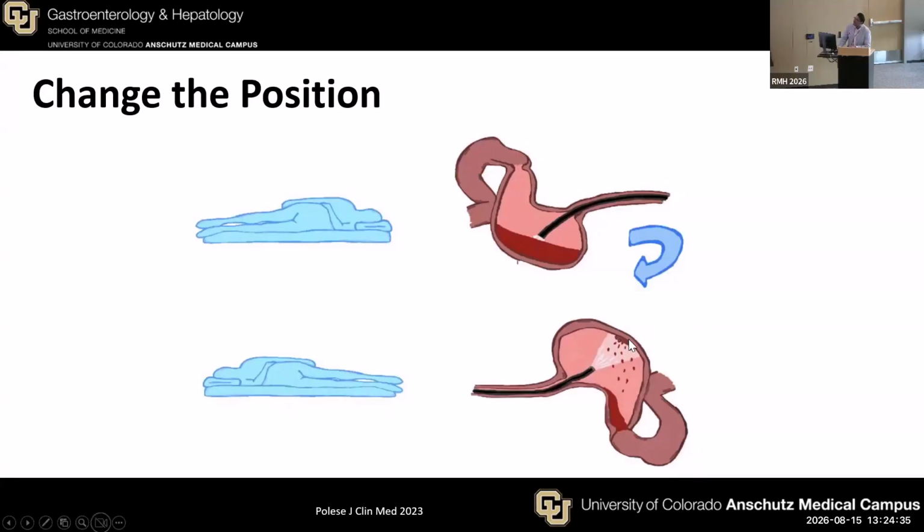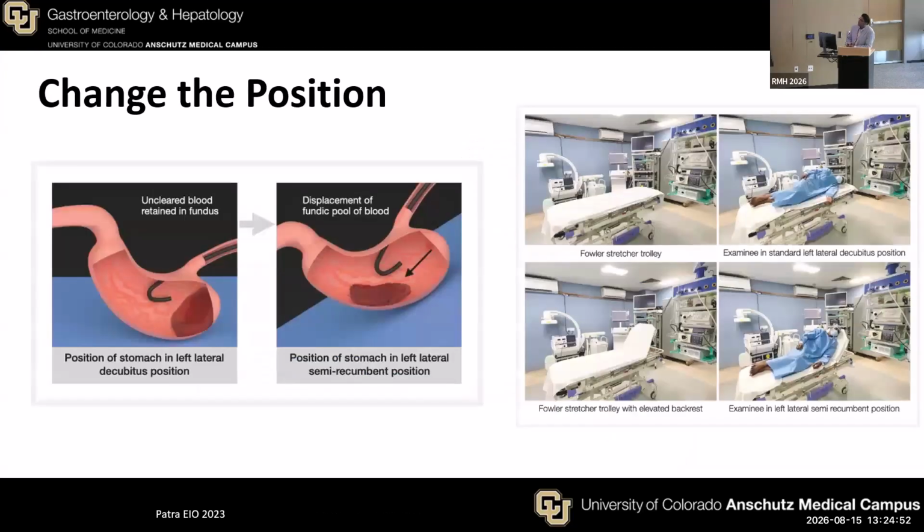But it does really make it easier to visualize this, because you can see here that now the blood pools in the antrum, and now you can easily see where the fundus bleeding is coming from. So simple, cheap intervention. I know it's annoying, frustrating to do sometimes, but it can really help you in a difficult position. So this is difficult to do, and I really like this other position that's pioneered out of this publication